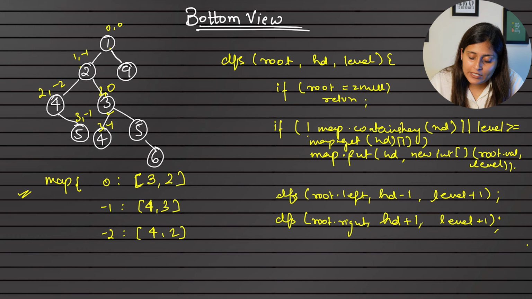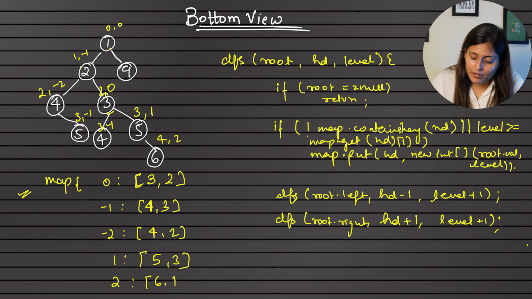Now we'll go towards the 3's right child, which is 5. So vertex will be 1 but level will be 3. So for 1 we have nothing. So for 1 we will update 5 with level 3. Similarly for 6 we have nothing. So we will insert for 2 we have 6 with level 4. Now what will happen? We'll return back, we'll return back, we'll return back, and now we'll